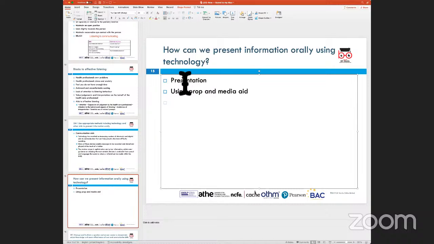So here what we are using is media and props, which are used as visual aids to provide messaging across to the audience. It could be diagrams, objects, posters, handouts, some sort of flyers. They will all be used as tools to communicate information to the patient or to the audience. You might use whiteboards, or any sort of